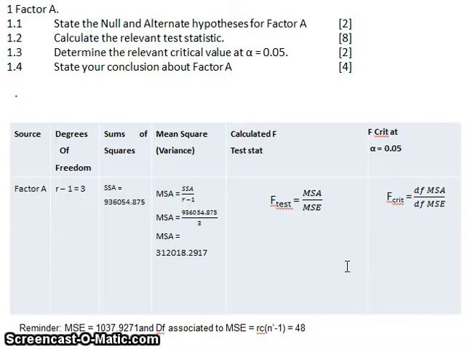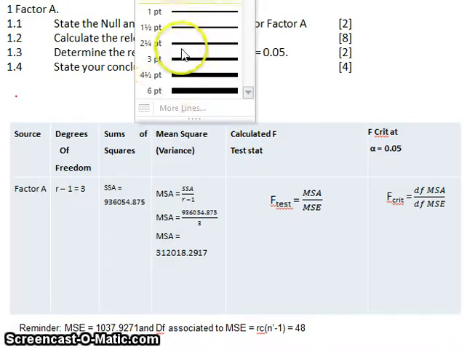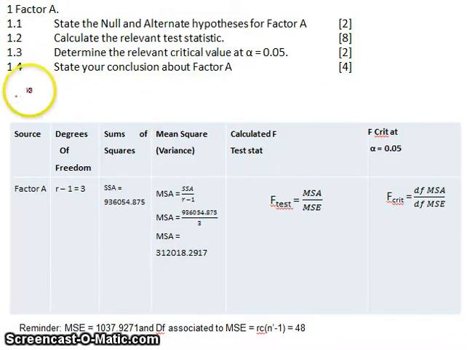So looking at our questions, we'll see factor A, and we know that factor A is the earnings brackets. We need to state the null and alternate hypothesis. The null and alternate hypothesis in this case would obviously be comparing the earnings brackets. So let's just get our pen. Okay, pen selected. So for factor A, the null hypothesis would be